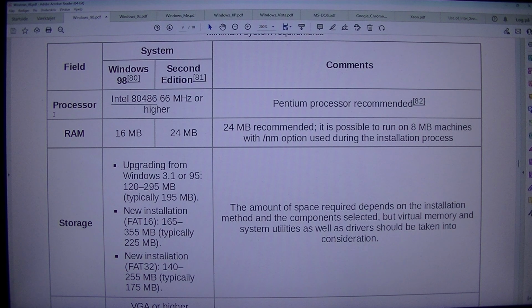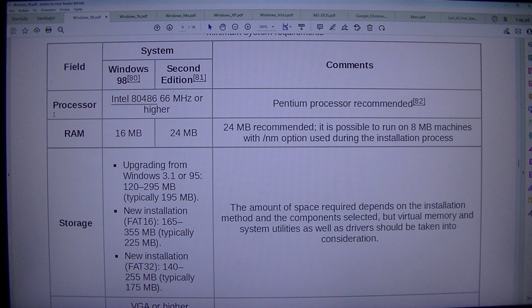The amount of space required depends on the installation method and the components selected, but virtual memory and system utilities as well as drivers should be taken into consideration. Display: VGA or higher resolution monitor, 640x480. Media drive: CD-ROM or DVD-ROM drive; floppy install is possible but slow. Input: Microsoft mouse or compatible pointing device.